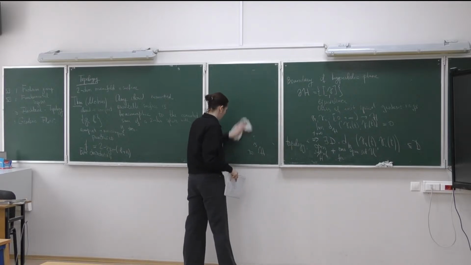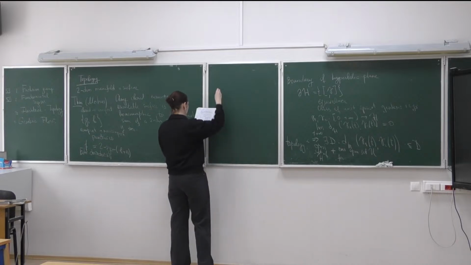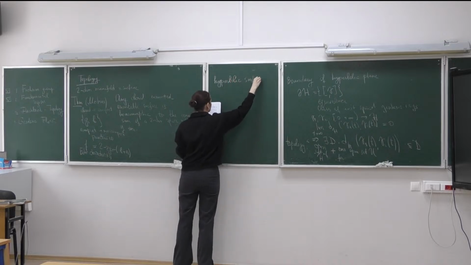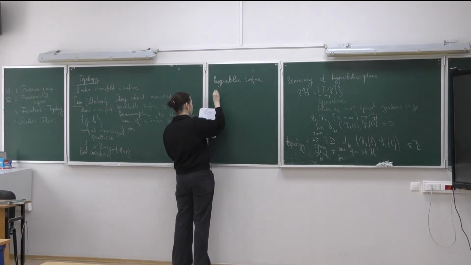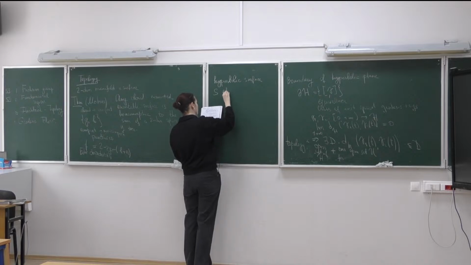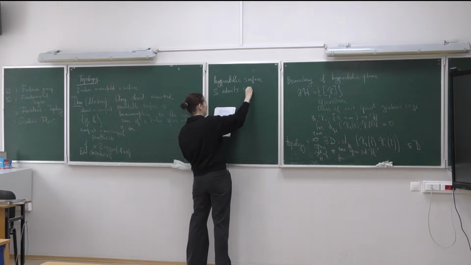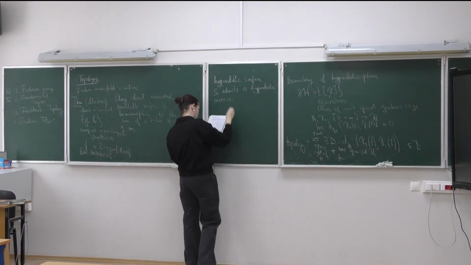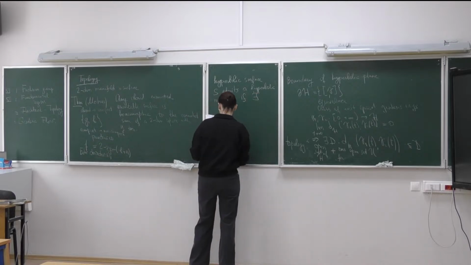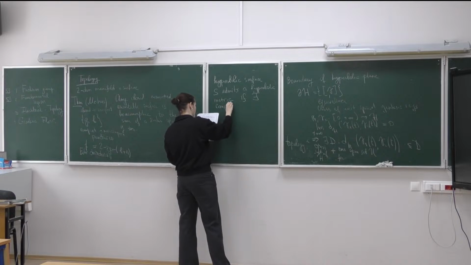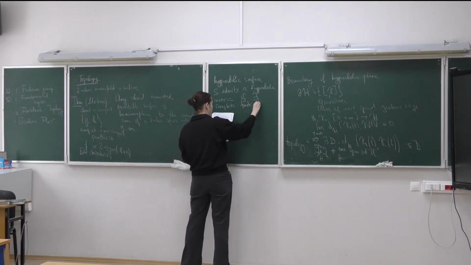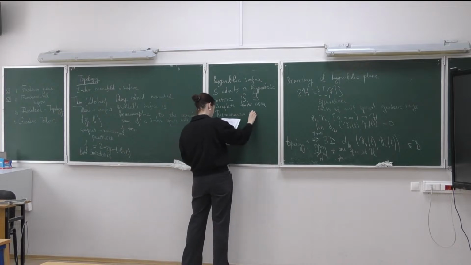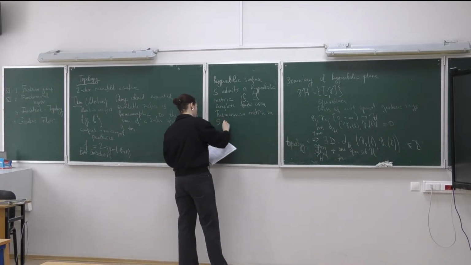So, let me explain who are the hyperbolic surfaces. What does it mean for the surface to be hyperbolic? We say that our surface admits a hyperbolic metric. It will be clear why we do this. Admits a hyperbolic metric if there exists a complete finite area Riemannian metric on S of constant curvature -1